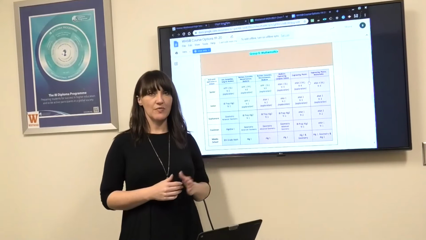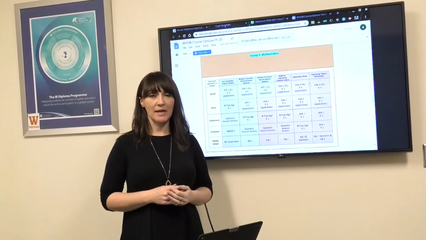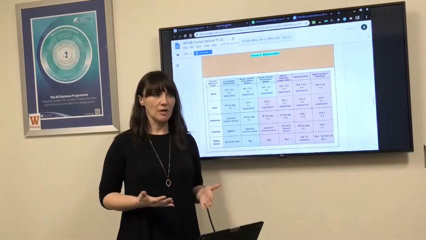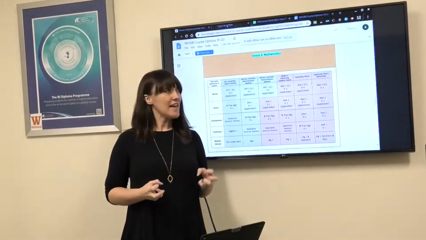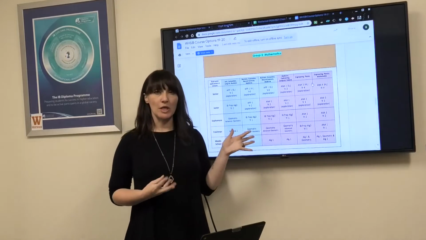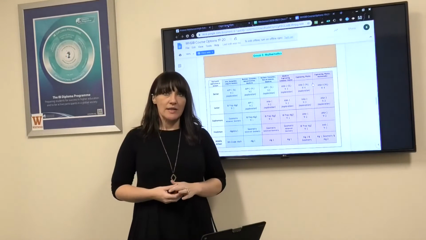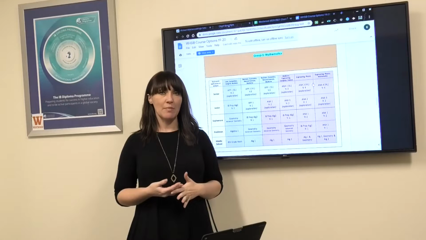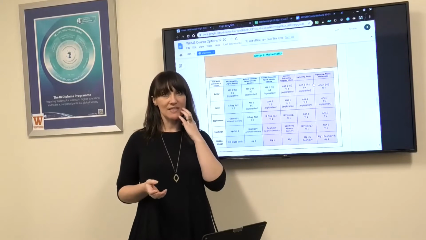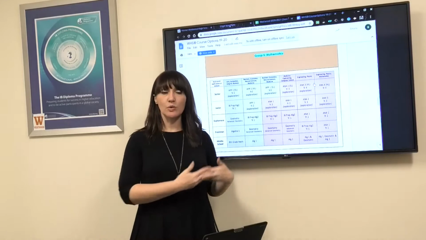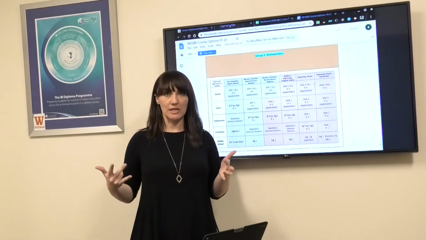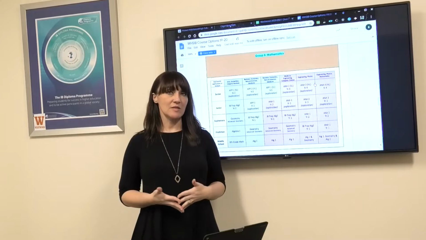The next section that we're going to go over is Group 5 IB Mathematics. The first thing to talk about is that about a year ago, the International Baccalaureate Organization changed their IB curriculum, and the way that they have now reformatted all of the IB courses is to fit more of the international standard, not necessarily the sequential standard of mathematical learning that we have not only in Texas but in the United